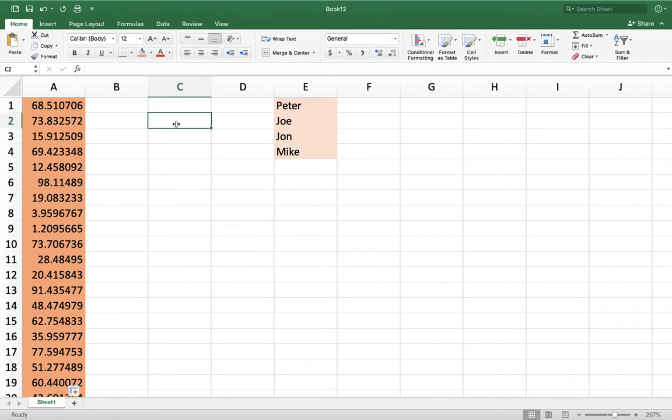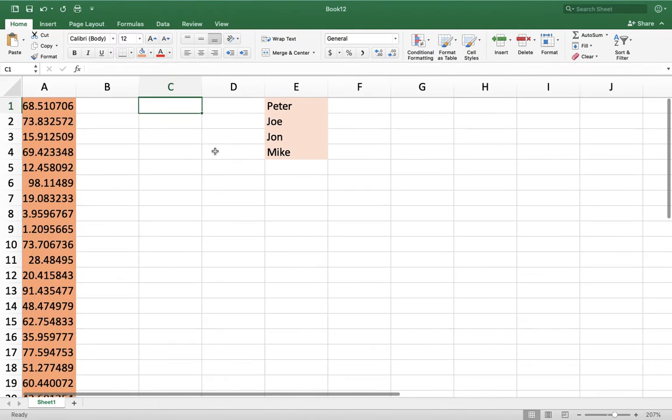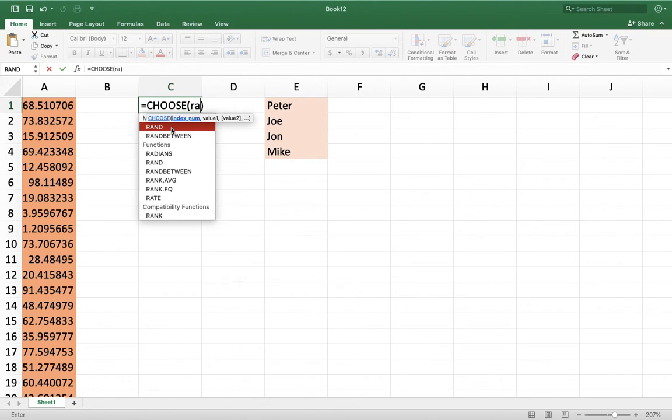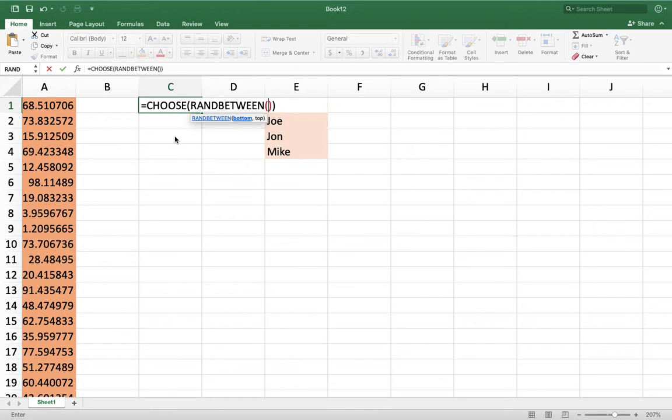Now the other thing you can do is if you want to generate random values given a set of outputs. So in this case, we're going to do these names right here. So I want to generate either Peter, Joe, John, or Mike randomly in the cell. What you would do is equals CHOOSE, and then you do RANDBETWEEN, so it'll choose a random value between these data points. And since there's 4 names, you do 1 comma 4,